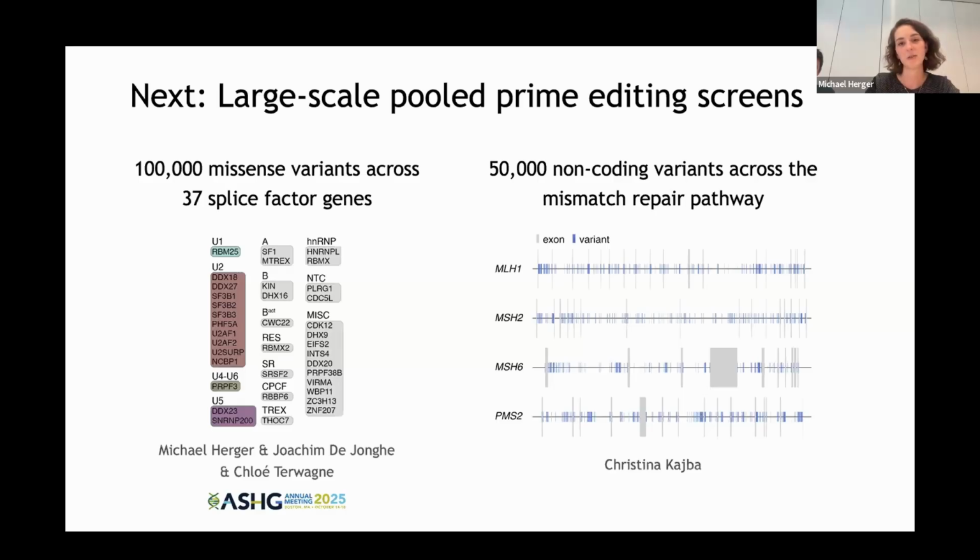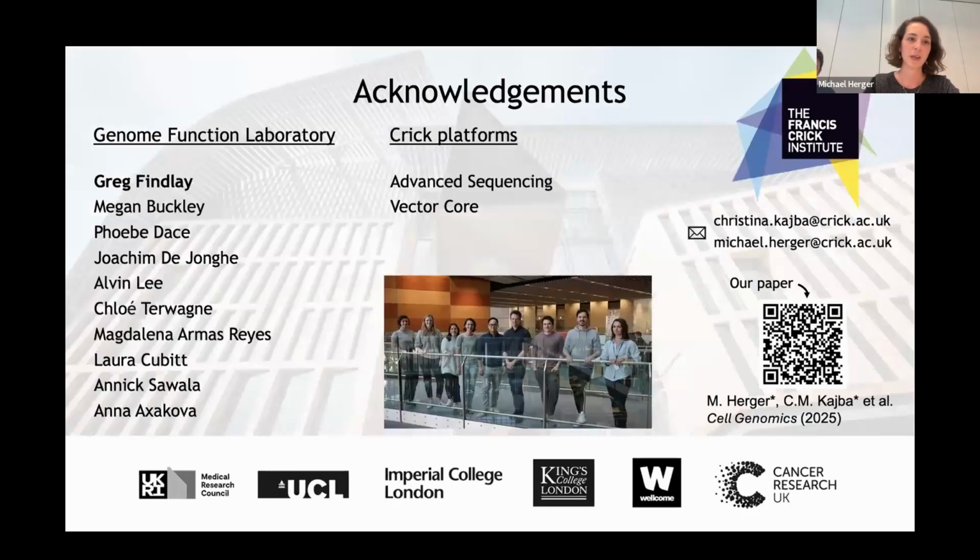And on the right side, you can see how we're expanding on the positive selection framework. This is an ongoing experiment where we're testing the effects of more than 50,000 non-coding variants across the whole mismatch repair pathway. And with this, we want to thank everybody who has contributed to this work, especially Greg, for his